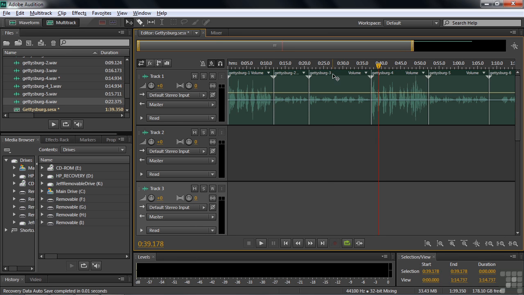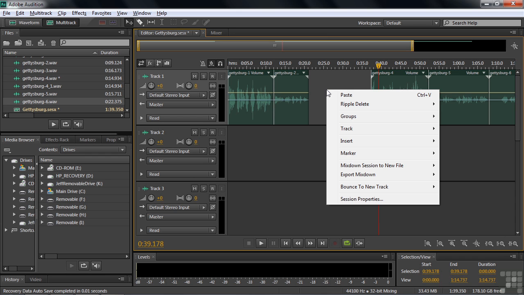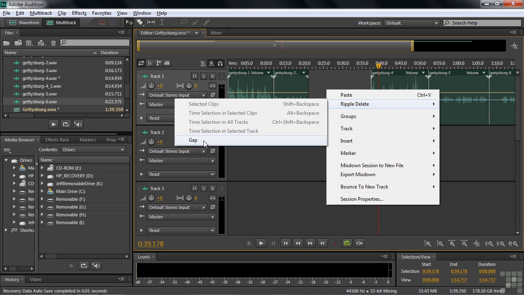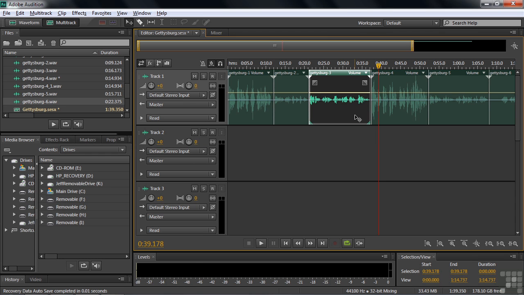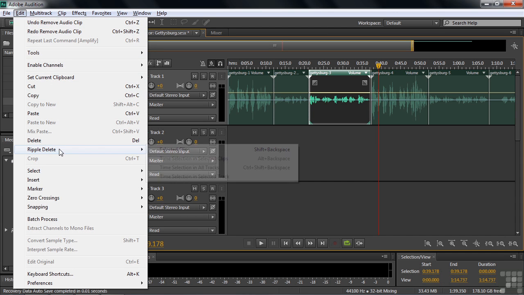Now if I select this clip here and press delete, we have this gap here, which is not really what I want to do. I can get rid of the gap by right-clicking and saying ripple delete gap. That'll fill the gap. Or I can do that in one step instead of 2. I'll back up here twice to see that one. I can do what's called a ripple delete using the edit menu. I'll show you the edit menu, then I'll show you the keyboard shortcut. So edit, ripple delete, and then